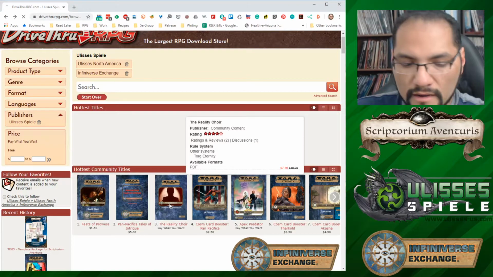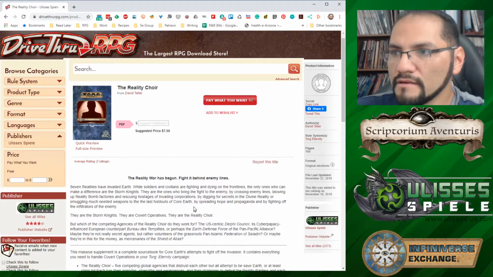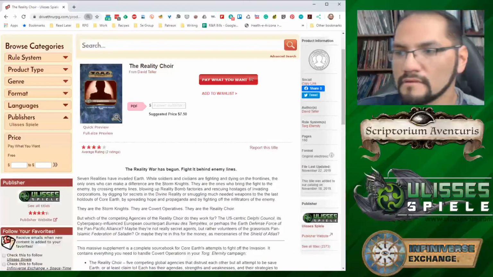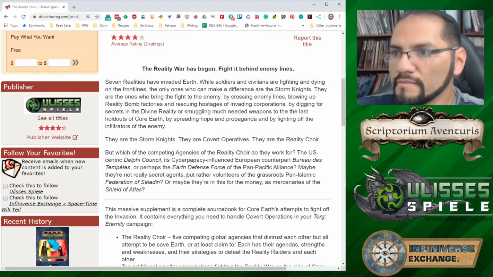The Reality Choir. I think this one's an adventure. This is by David Teller. Try to zoom in a bit for you. It says, the reality war has begun. Fight it behind enemy lines. 7 realities have invaded Earth. While soldiers and civilians are fighting and dying on the front lines, the only ones who can make a difference are Storm Knights. They are the ones who bring the fight to the enemy by crossing enemy lines, blowing up reality